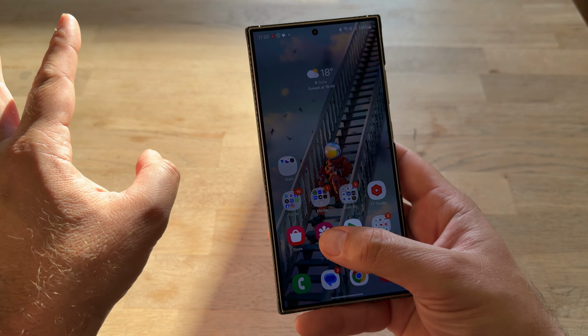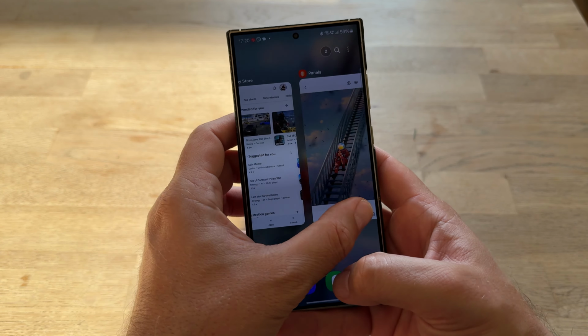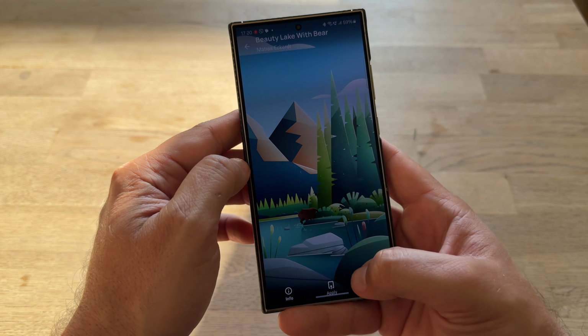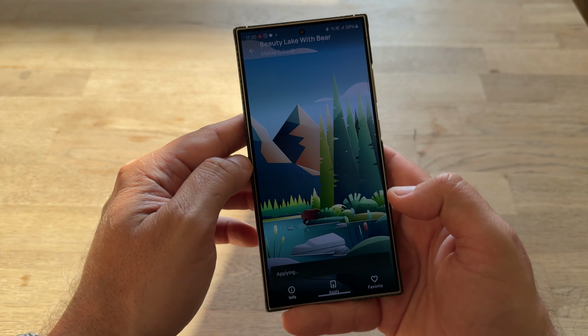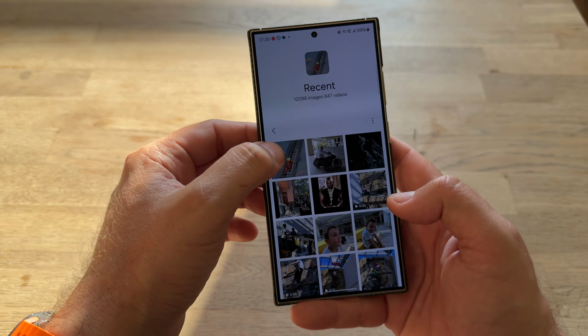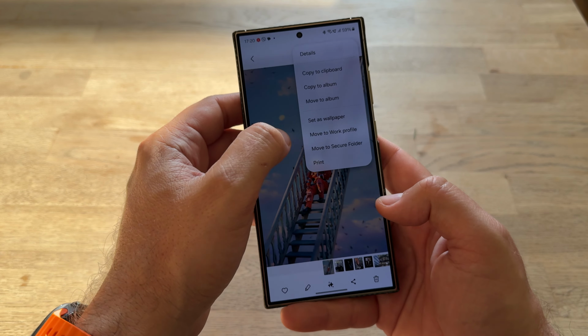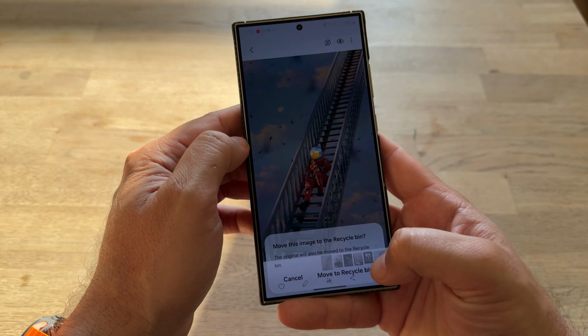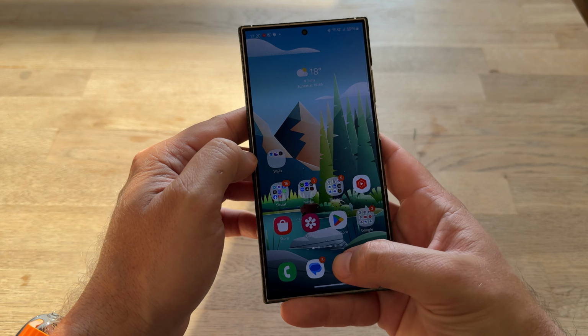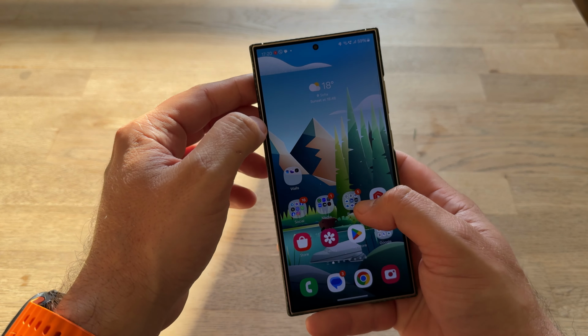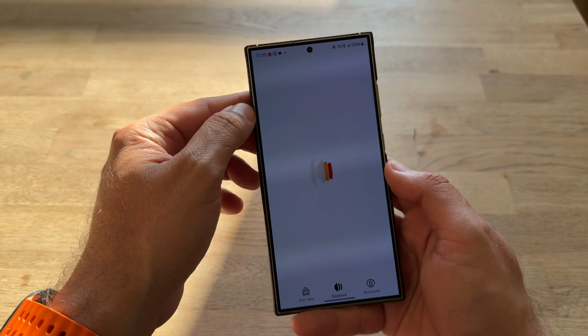So now here I have it, guys. What I'm gonna do right now, again, for the sake of the test, I'm gonna go inside, just apply my previous one, hit the OK. All right, now it's applied. I'm gonna go in my gallery and make sure to delete this one. So pressing the delete button, all right. And now, guys, I will close everything. I'm gonna open the Panels app again.